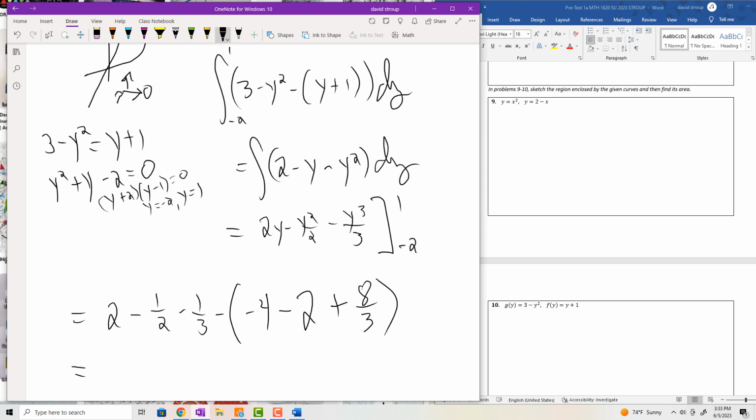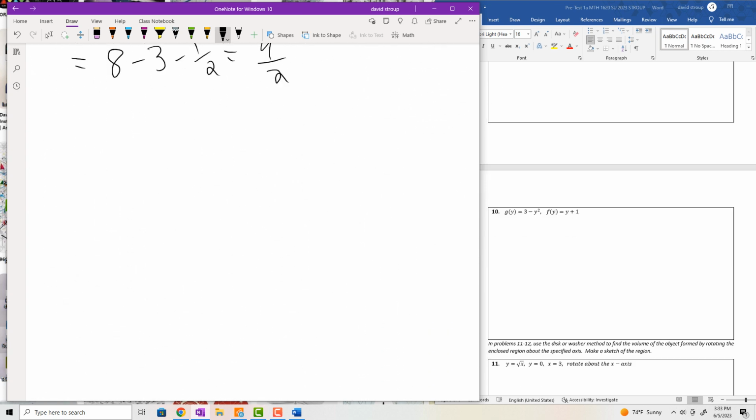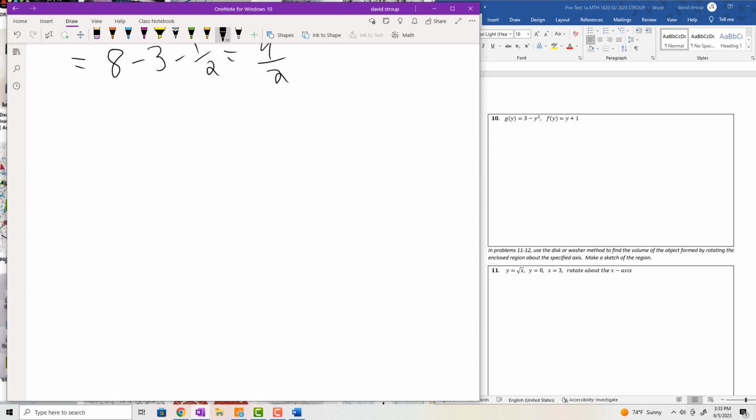2 plus 4 plus 2 is 8. And then there's a negative 9/3 when all is said and done. That'll be minus 3, minus 1/2. So yeah, 9/2. Okay, so expect one of each orientation on the test, and then we finally get into 7.2,